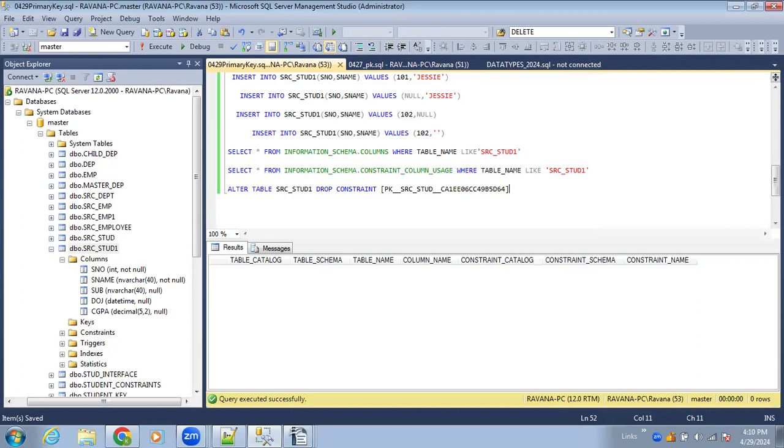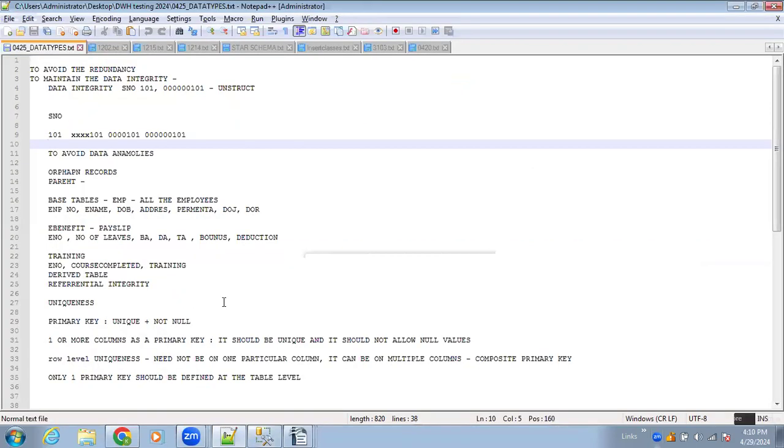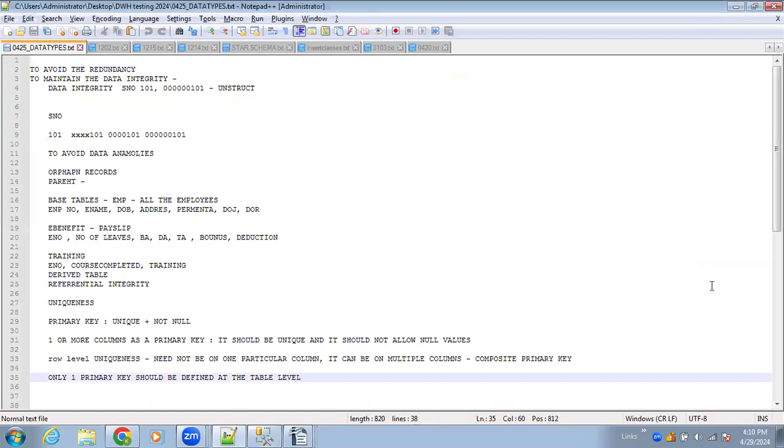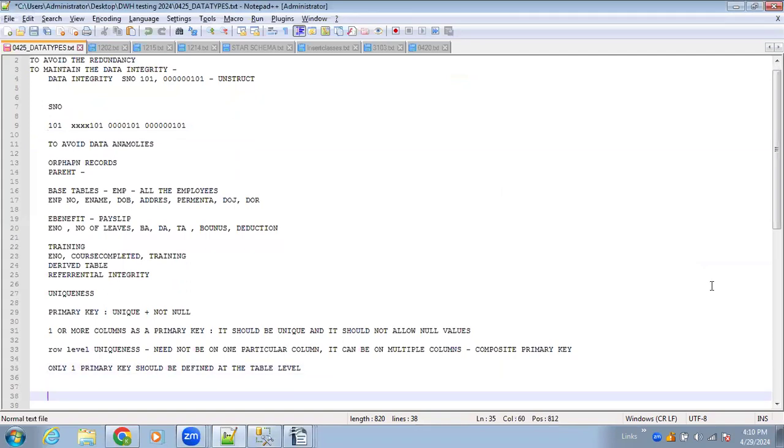It should not allow null values. But unique will not have such a restriction. And second, at the table level, you can have multiple unique keys. So the difference between unique keys and the unique constraint is that I used to identify